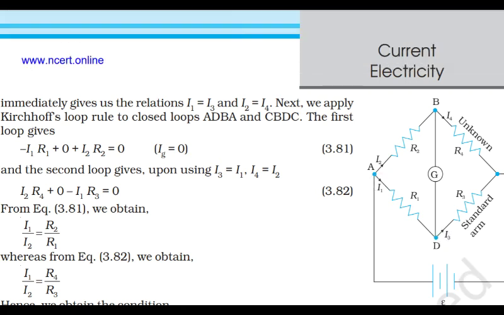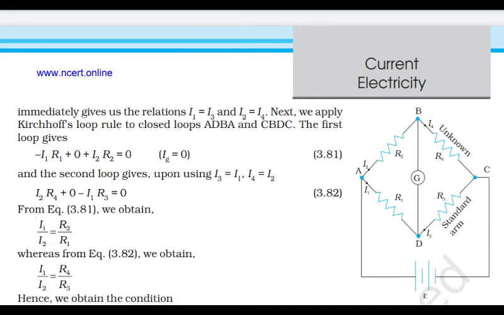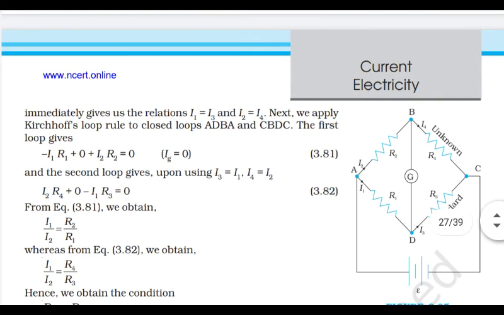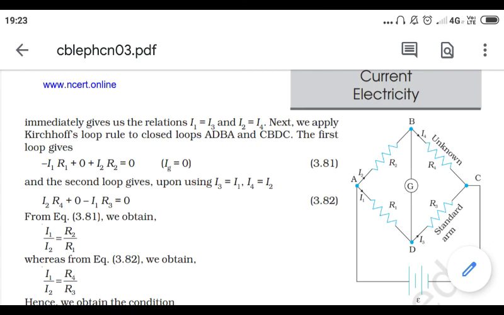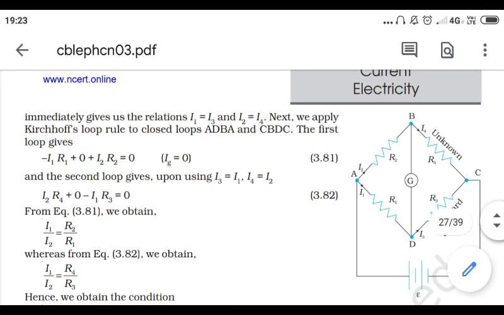ADBA, okay, in reverse there, ADBA. So if you look at ADBA, A to D, current is I1, resistance R1, so their product is I1 into R1, that is always in the direct convention current, it is minus I1 R1, plus, as there is no battery source, IG value is 0. So in D to B, the current is IG, we simply write IG, but IG value is 0. And then again B to A, it is plus I2 R2, because we are going opposite to the current, so it is equal to 0.